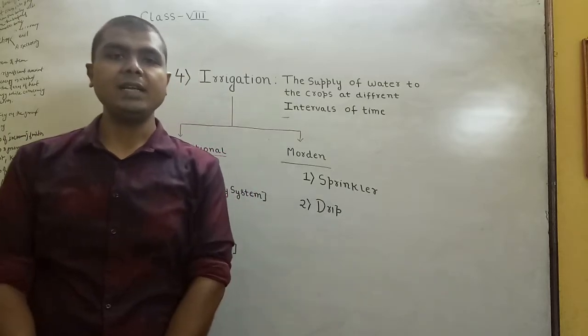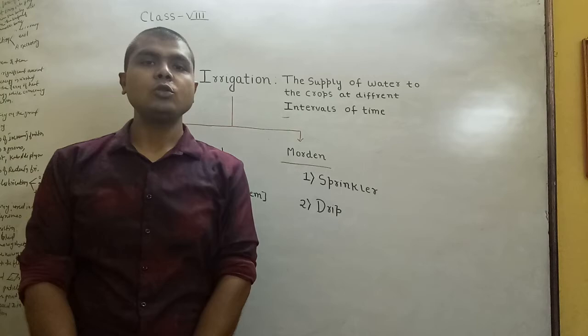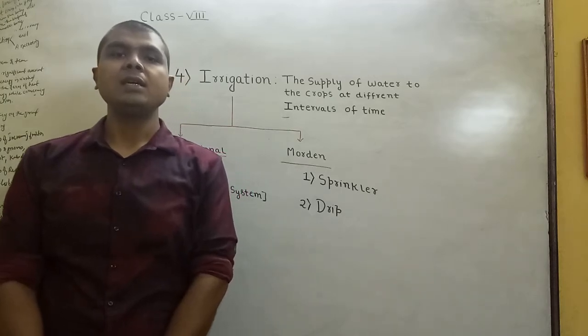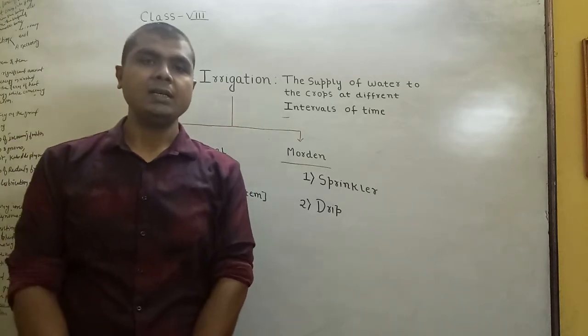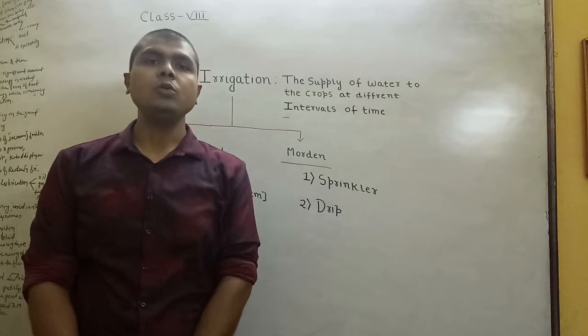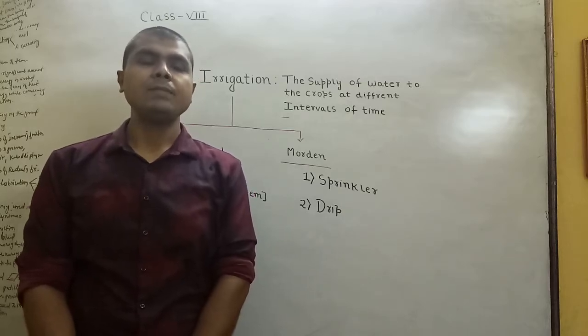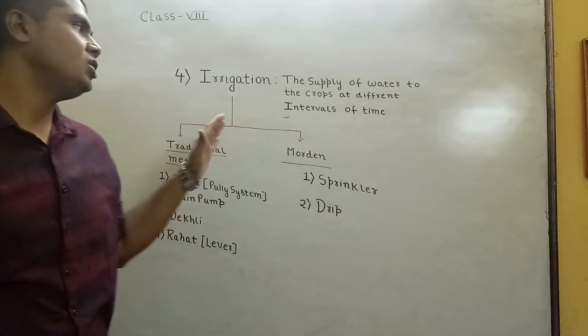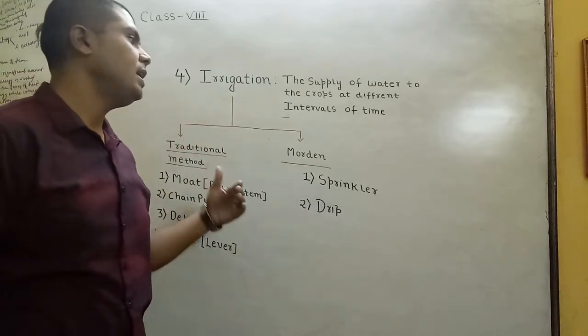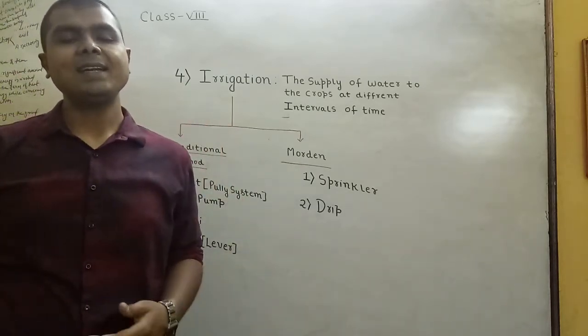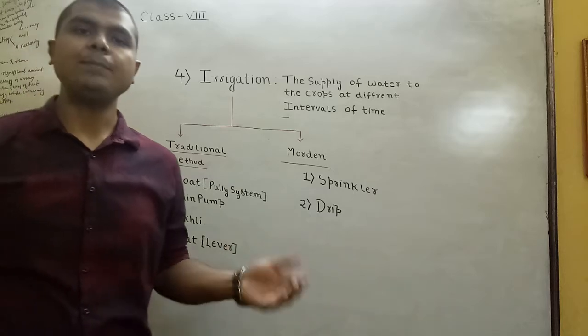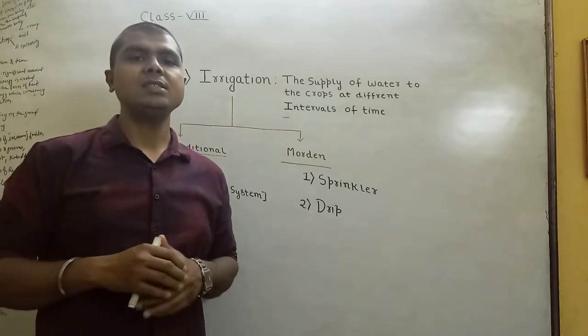It prevents wilting of the plants. It also helps in germination as well as entire growth of the plant, that is right from sowing to its ripening. So therefore water is very essential for plants. Water needs to be supplied to the plants at regular intervals of time, and that depends upon the climatic conditions.